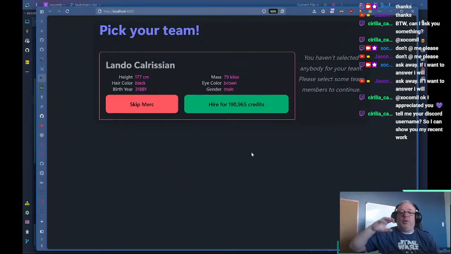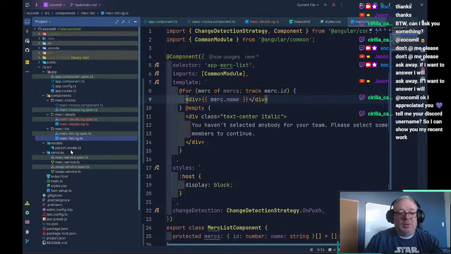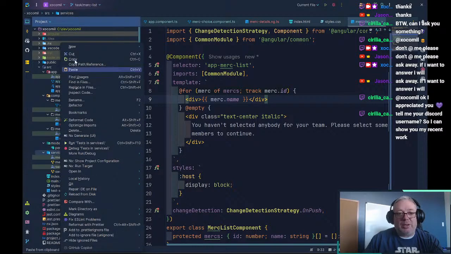And this is where we need our new, what do we want to call it? Our new resource, right? So we're going to build a resource that will control this. So let's do that. The first thing we want to do is come down to our services, and I've been calling these services, but I might call them resources. So let's